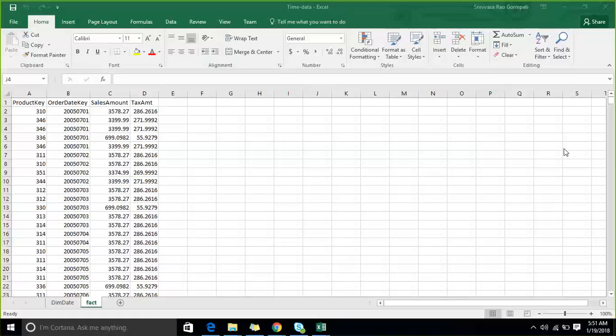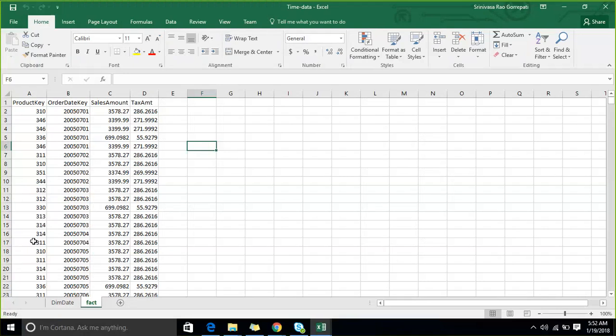So I'm using Excel. Before starting writing a function, how you can configure your Excel to work with the time intelligence functions is, we need to construct a model in Excel. For that, you need to open the Power Pivot concept as part of Excel. Whenever you open Excel, you don't have the Power Pivot mentioned over here. If you don't have that one, what you need to do is File,